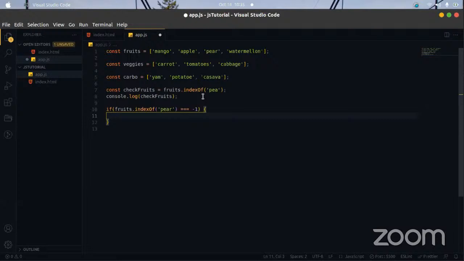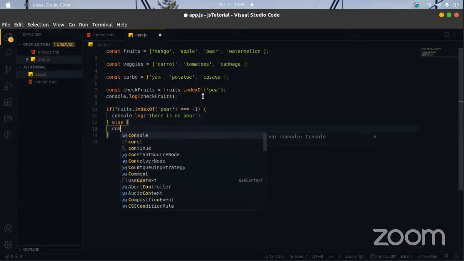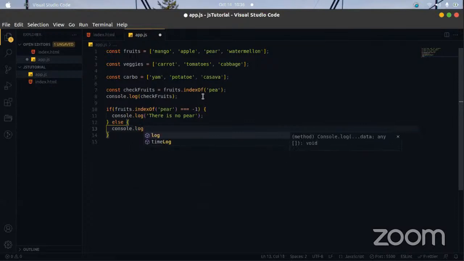"there is no pear." But if it is there, we say else, "there is pear."